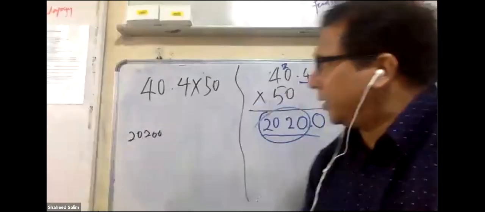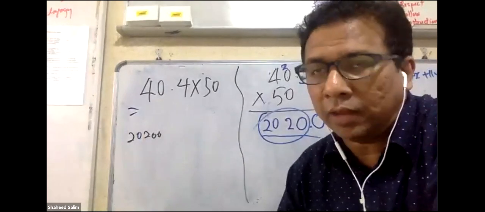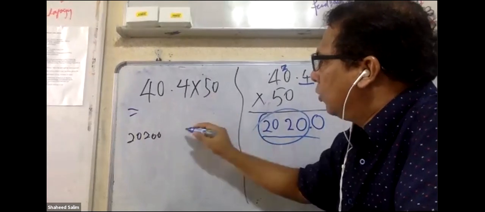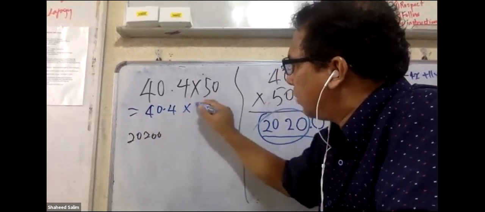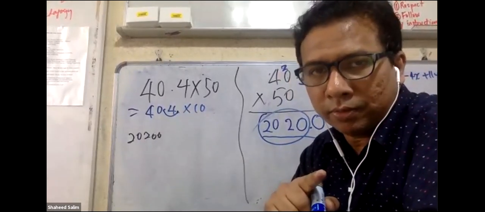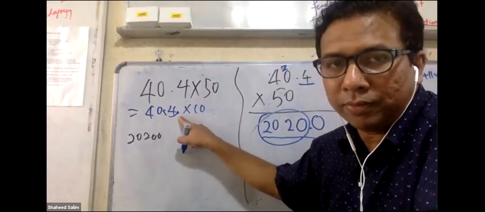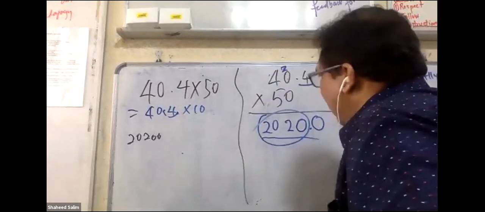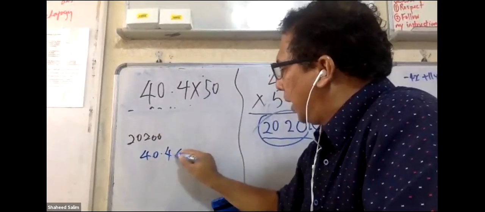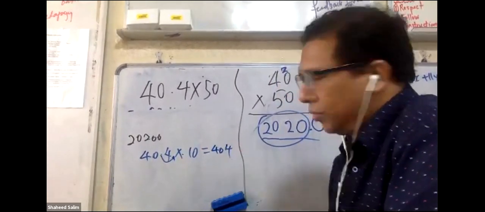Method number 1. I'll show you method number 2. This is for more advanced. Now, down here got a decimal point. Sometimes, when times by 10, do you remember 40.4? If you times by 10, you shift one decimal place. You all know that, right? Hello, Zahira, you know that? Now, let's say 40.4 times 10. What's the answer? I shift one decimal place, 404.